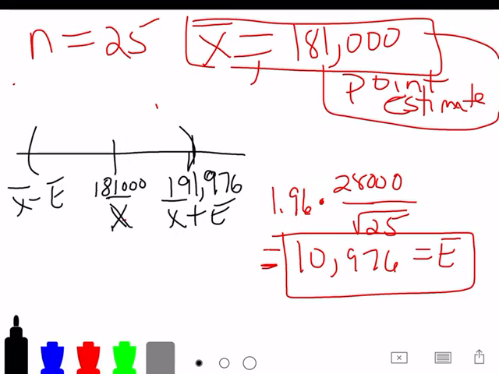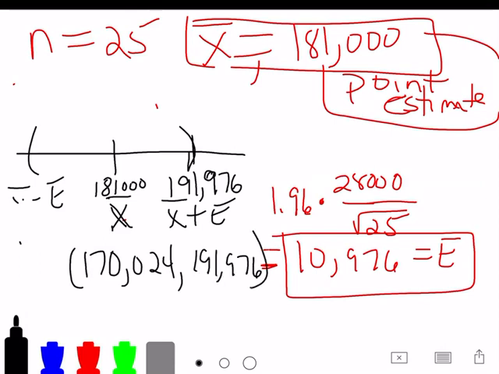And so I just took 181,000 minus my 10,976, and I got 170,000. I'm having a hard time writing. I'll try again. I don't think my iPad's working over there. I'm going to write the final answer down here. What I got over there is 170,024. And when I got on the right-hand endpoint is